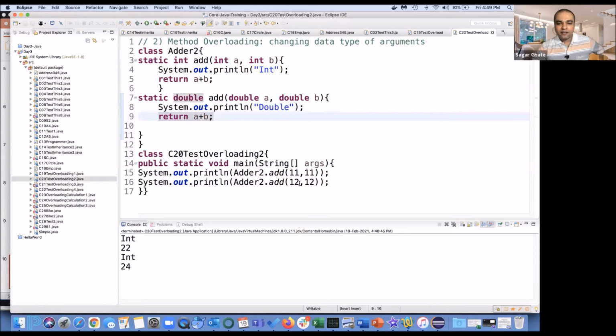Well, I will put my initial version back. Now if you run it again, it will be 22 and double.